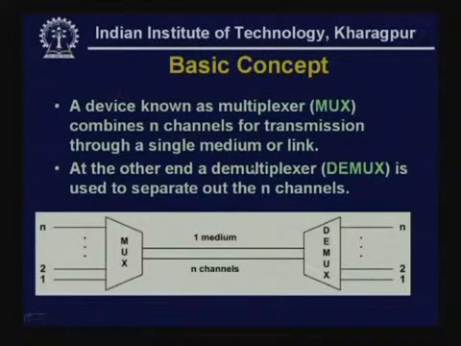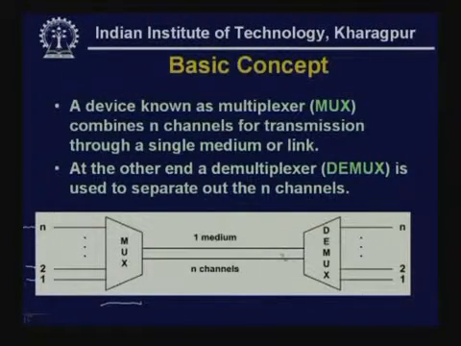Let us see what is the basic concept of multiplexing. We use a device known as a multiplexer, which combines signals coming from n channels. Here you are getting signals from n channels, 1, 2 up to n. Signals coming from n channels are combined together and sent through one medium. As you can see, you have only one medium,